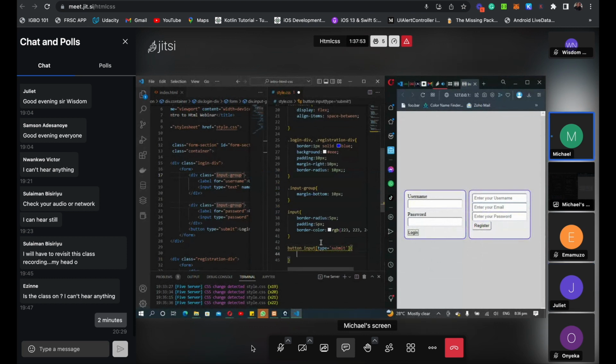I want them to have the same shape. And the shape I want them to have, so I'm going to give padding for the top and bottom. I want the top and bottom to be 5 pixels, and I want their left and right to be 10 pixels. And when I save this,